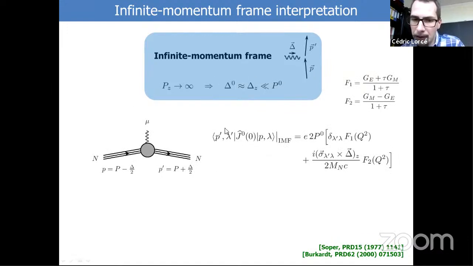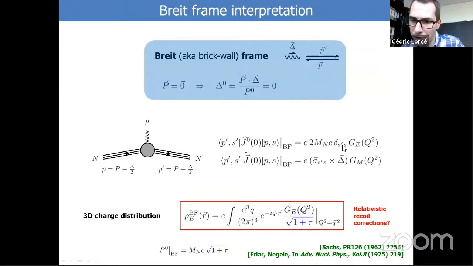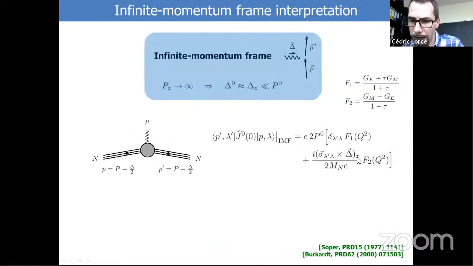You look at the matrix elements of the charge density in this infinite momentum frame. And what you observe is that the matrix elements are a little bit different. You now have two functions instead of one. Remember, in the Breit frame, you had only one function, which was spin independent. While now in the infinite momentum frame, on the light front, you get two contributions, F1 and F2, which are linear combinations of G_E and G_M we had before. They are called Dirac and Pauli form factors, for those who have already heard about them. So we have two of them, one with no spin dependence, and the other with a spin dependence.